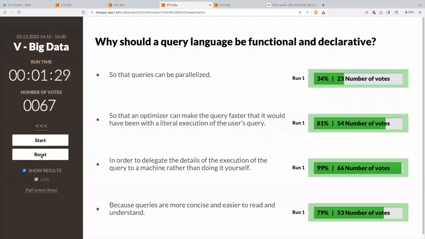So that you can delegate the details, yes, absolutely, because you don't want to bother with the details of the implementation. So you just say what you need and the computer figures the rest out. And because queries are more concise and easier, this is also true. This is also a good reason to have functional and declarative languages. Which brings us right to the continuation